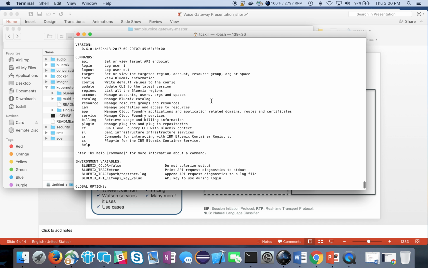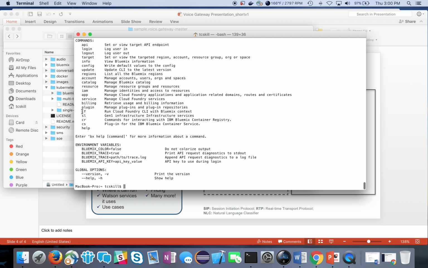One of the things people ask a lot of times is, I thought we were using Cloud Foundry, the CF commands to do this. Really, with Bluemix now growing well beyond Cloud Foundry, IBM has created a Bluemix command line interface, and that's really the direction for the future to do command interfaces. You can still run Cloud Foundry commands